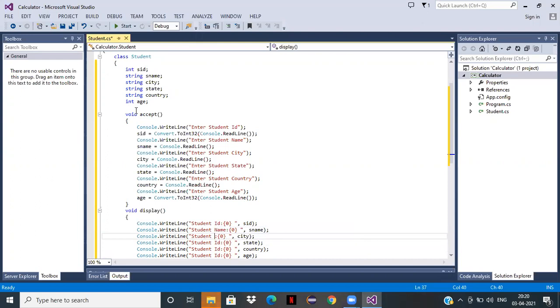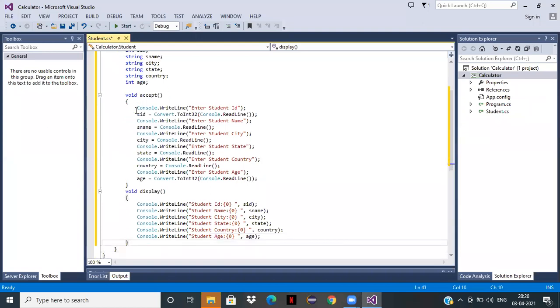Name, city, state, country, age. Then we need to declare the main method, public static void Main string args.